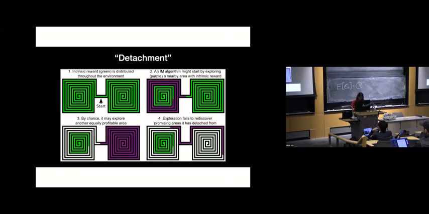So, not sure where I touched. Here, this guy. So what is detachment? Detachment is, I'm curious about this part. I'm going to start exploring it. I start from the beginning because I just died and I want to reset. And guess what? Now I'm not curious enough to go to the left. And because I'm not curious enough to go to the left, I also leave this part of the state space